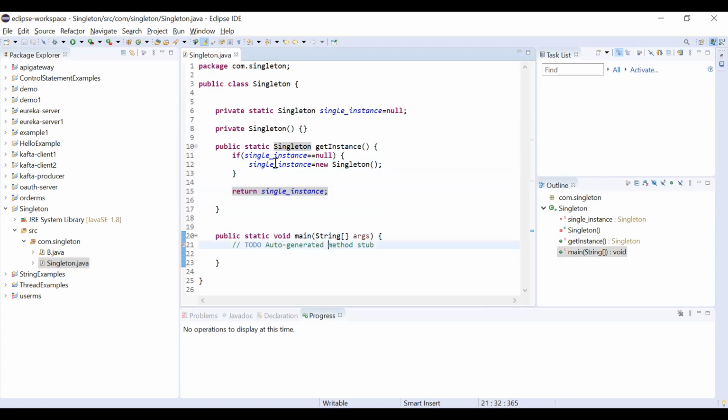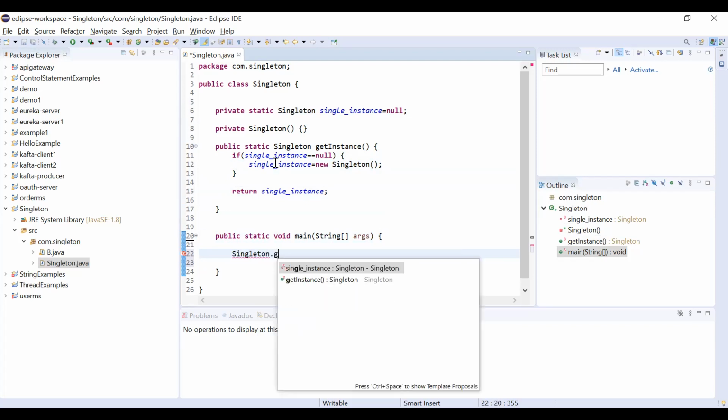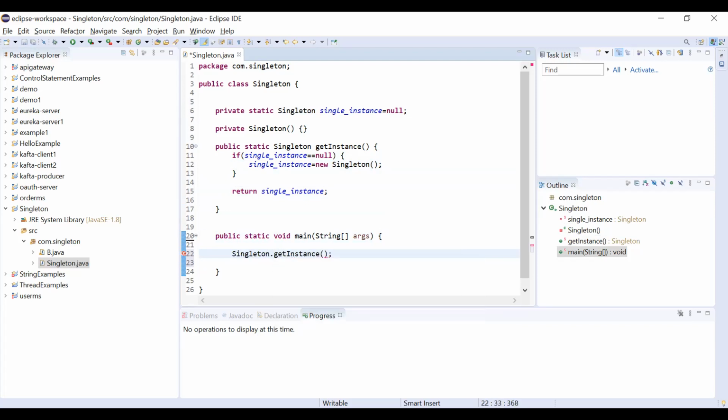The first point we already made, that is making a private constructor. Now we will call the getInstance method from the Singleton class. It is a static method, so we call it directly using the class name. We are creating object one from the singleton instance. In the same way we are creating two more objects, object 2 and object 3.